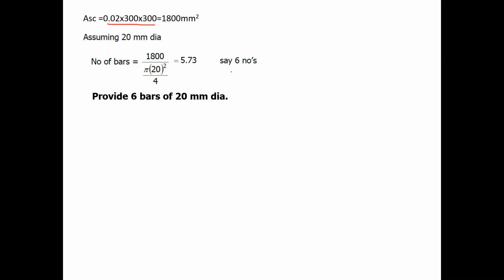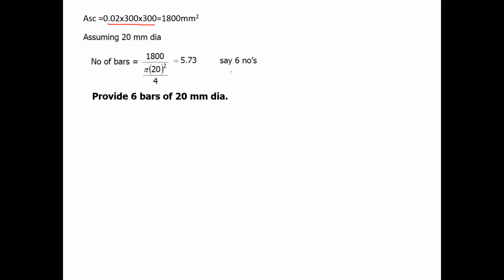So you calculated the reinforcement. Then what do you have to calculate in the column? Tell me the reinforcement details. What will be there in the column? You'll have the vertical reinforcement, and to hold this reinforcement you are going to provide stirrups, right? So you have not considered the stirrup yet, isn't it?